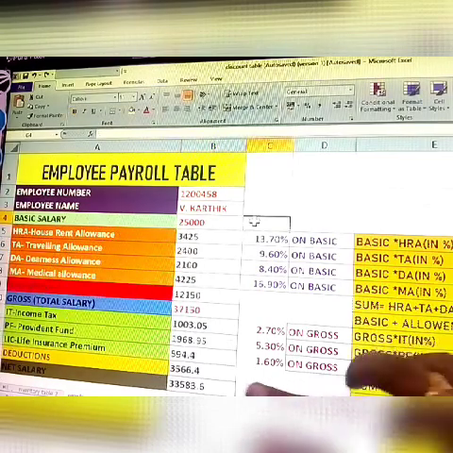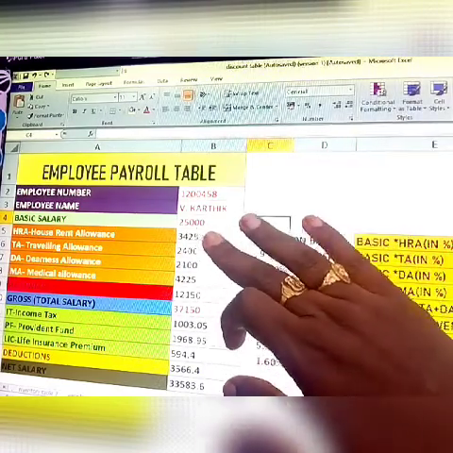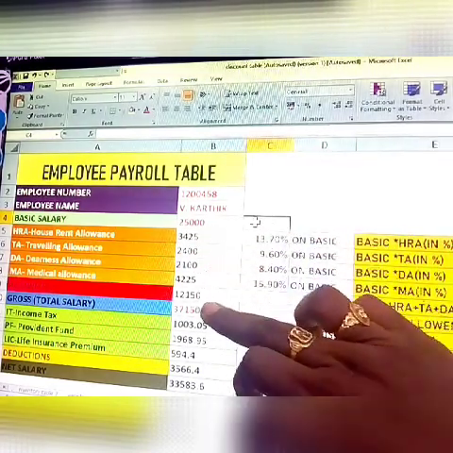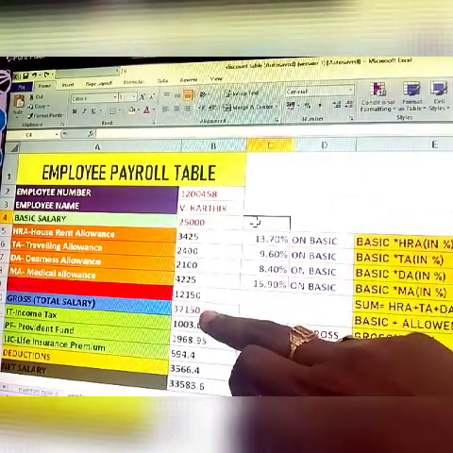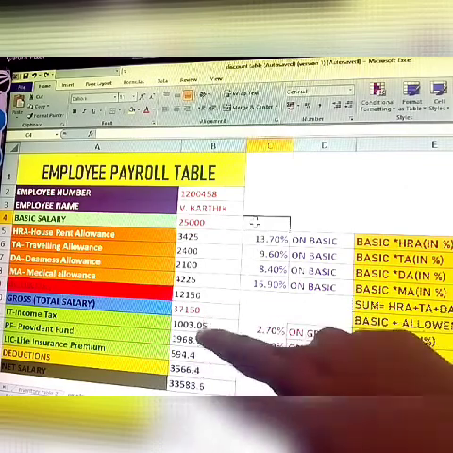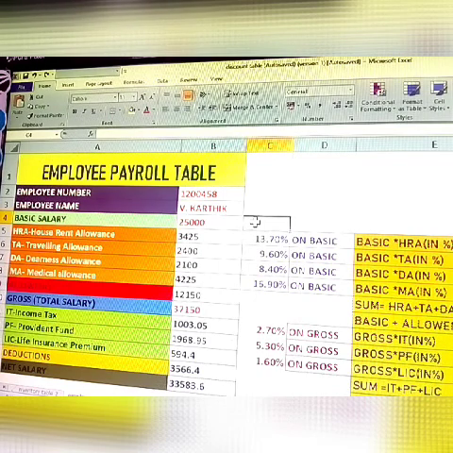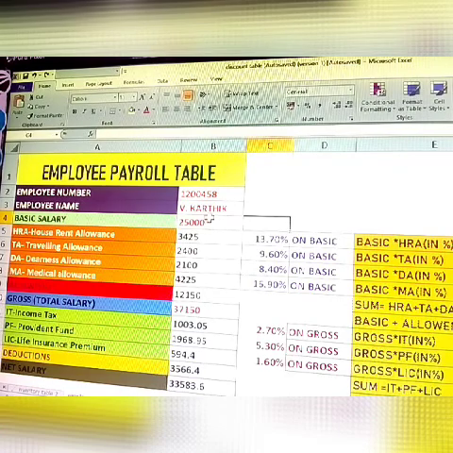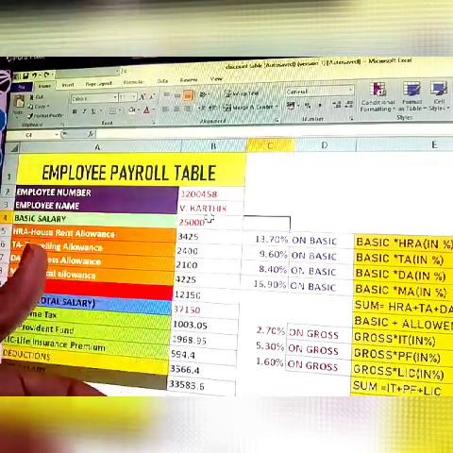See, by changing it here, this person's basic salary is 25,000, and the house rent and everything else change. What was the gross salary previously? 18,000 something. Here how much is there? 37,150. But after the deduction, how much is taken? 33,583. This means once the basic salary is changed, say on a promotion, you only change it here and automatically all of this changes.